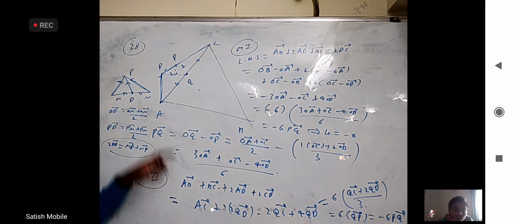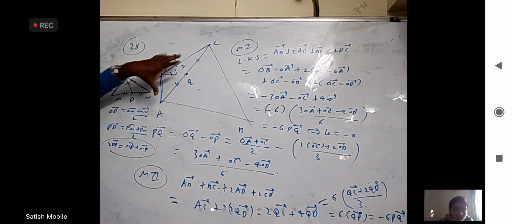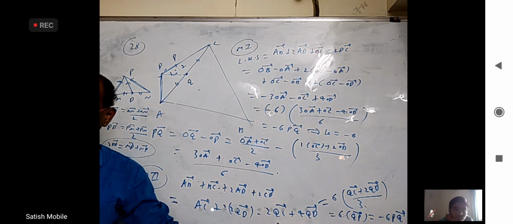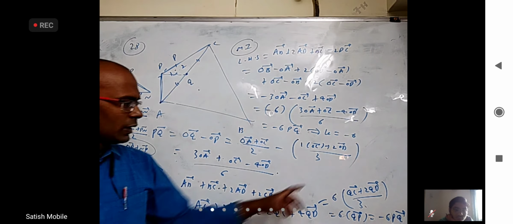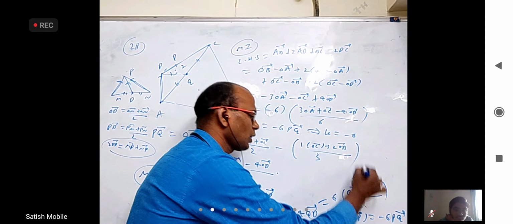Now, AC bar is double of QC because AC and QC are in the same direction. Q is the midpoint. So from here to here the vector is double of this piece. That's how I wrote AC bar as 2 times QC bar. From here to here, I took a 2 common, divided by 3 and multiplied by 3. That is this step. Now this is the section formula with a slight change.